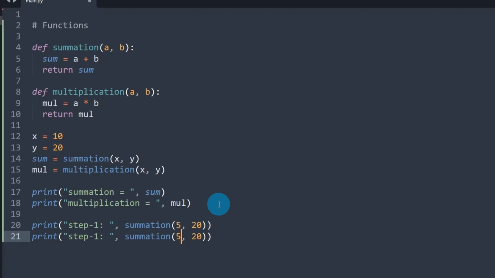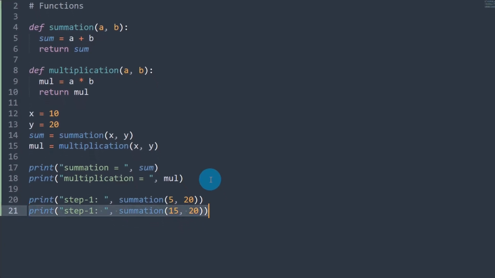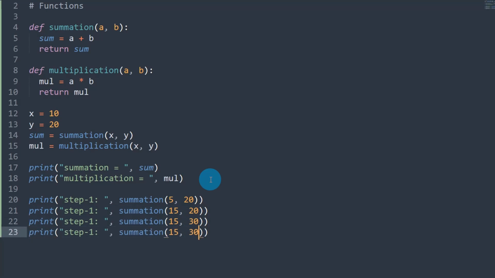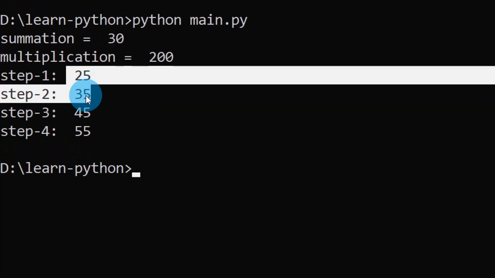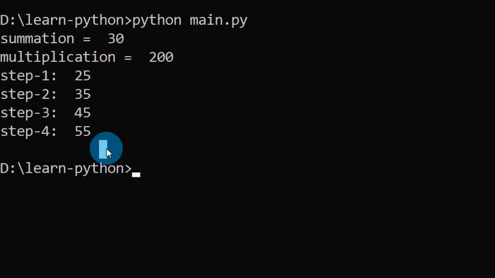I'm again calling 15 comma 20, 15 comma 30, the same function as many times as you want. Okay, let me call this a second time, third time, fourth. Save the file. I'm going to run this again. Run it. See, 25, 35, 45, 55, right?